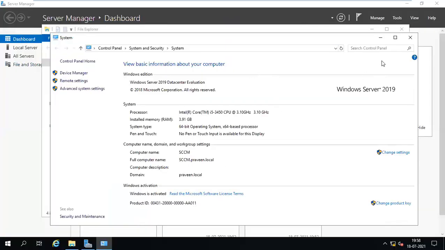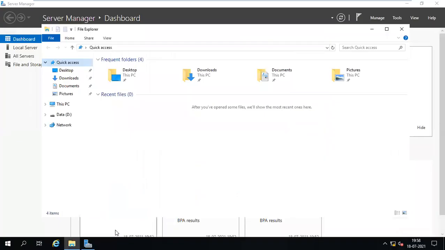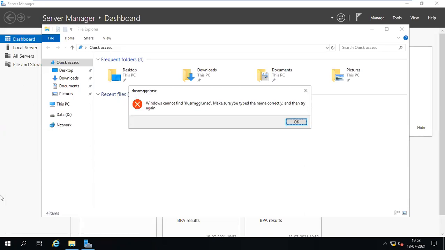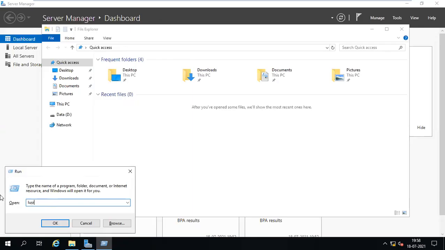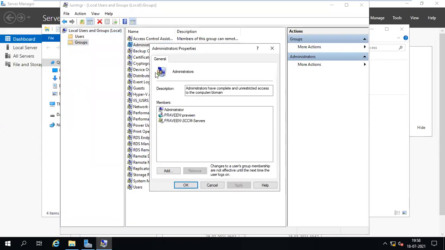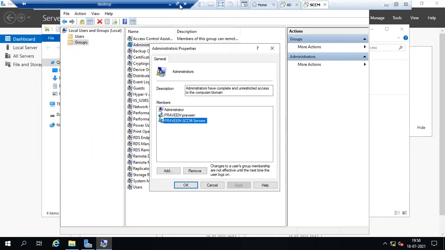The permissions are gone. Okay, let me open the local users and groups, lusrmgr.msc. Sorry, it's not typing. Okay, so what you need to do is what you gave Praveen, the SCCM admins. Am I right? You have some groups. So what you need to do in the GPO is